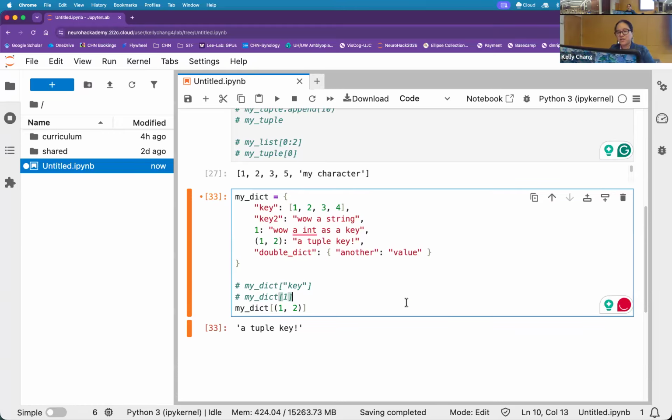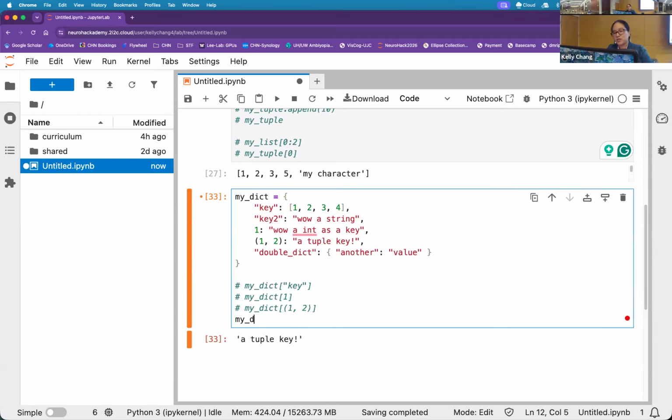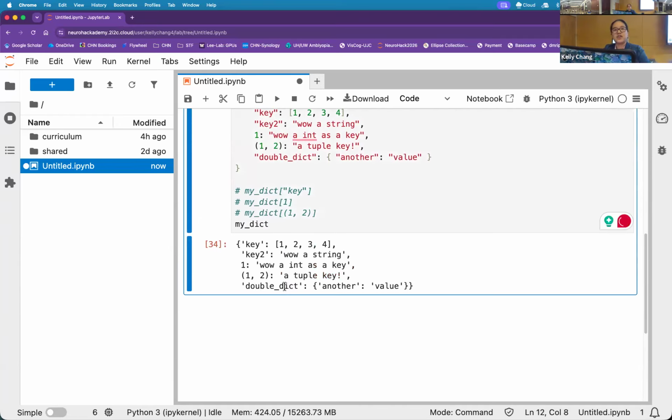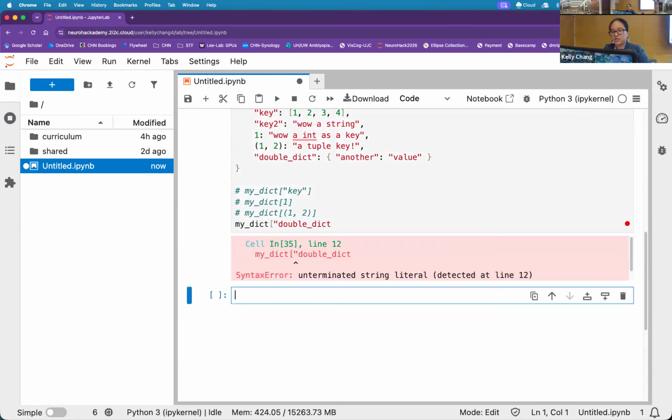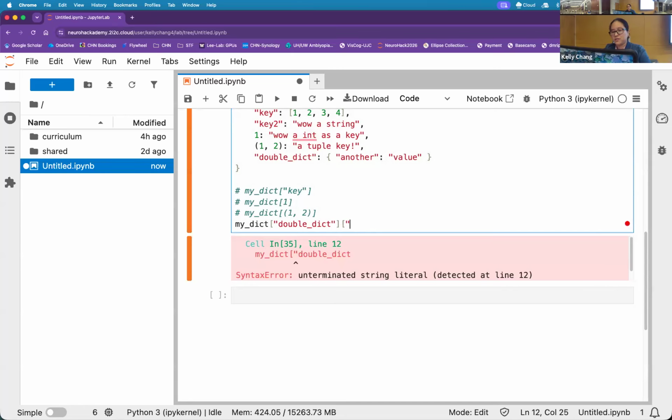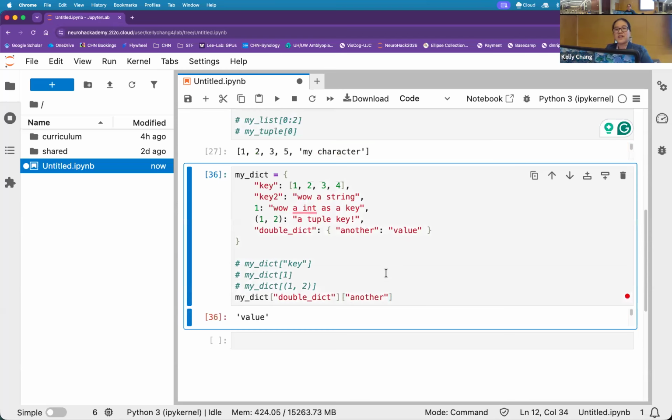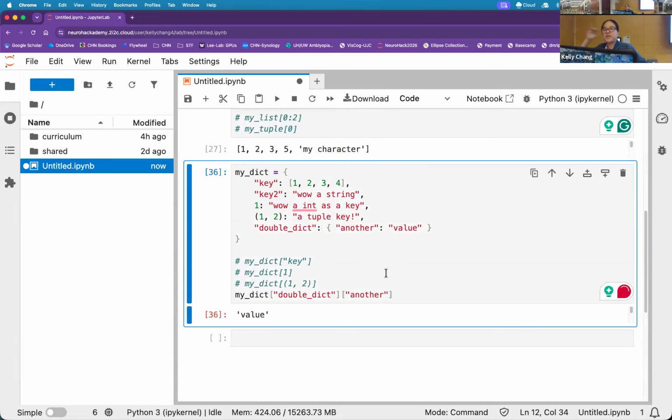Look at all the syntax problems I'm having. You can actually also nest a dictionary in your dictionary, right? You can go as deep as you want, and it could be as complex as you want. But in order to get all the good stuff out of there, you're going to have to start stringing things together. The double, then another. That's right. It's just chain it up in order to get to the value that you actually want. So just be careful. It could get quite deep and complicated. But if you need to pull stuff out, you can start pulling things out one level at a time.